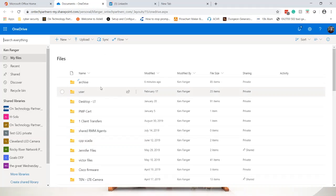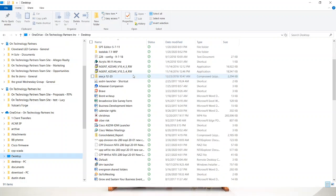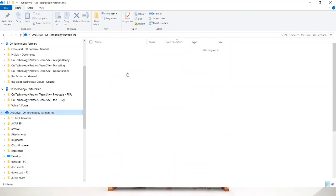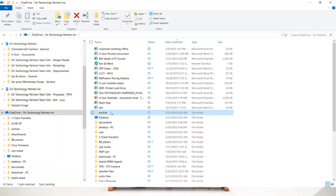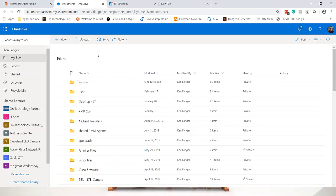And then from here, what you'll notice is, I just created this archive folder this morning. You'll notice that the archive folder is also on my desktop or on my computer. So I'm able to have files that will synchronize across all of my platforms. So if you create a folder in the cloud, it will show up. So what I'm going to do is I'm going to create a new folder right now and hope this all works, but